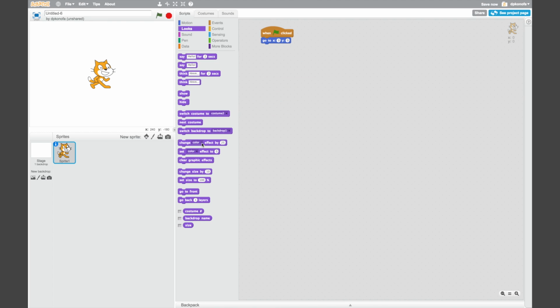We can also change Scratch's color, or create a fisheye effect, a whirl effect, a pixelate, mosaic, brightness, or ghost effect. Feel free to play around with these. If you drag these blocks into here and click the green flag, you can see what these effects do. Just by changing the numbers, you can change things like the color of Scratch the Cat, a whirl effect, which causes him to twist around, a fisheye effect, which causes him to fisheye or bulge,